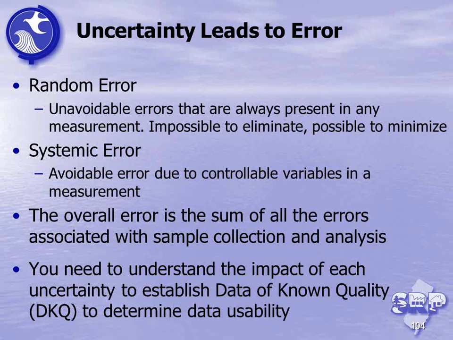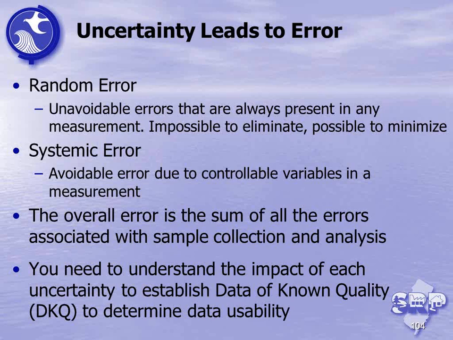Systemic error is avoidable, and you need to avoid that at all costs. And that could be due to controllable variables such as not homogenizing your samples correctly, having an analyst that really is not sure how to fill a volumetric flask, how to look at the meniscus, how to read a volumetric syringe. Okay, those have to be avoided at all costs, because the overall error is a sum of all your